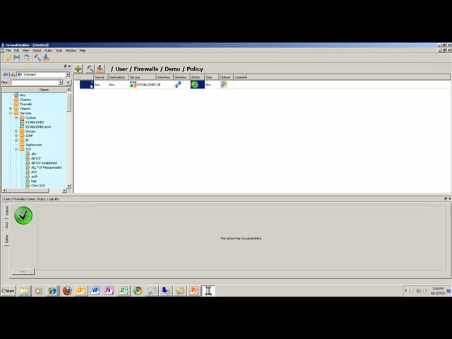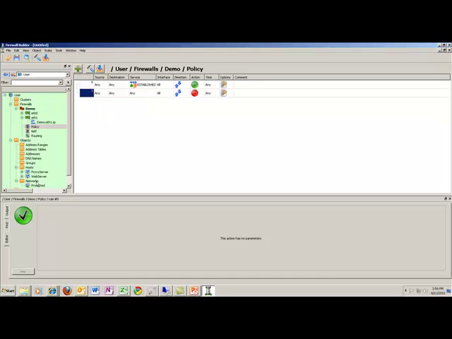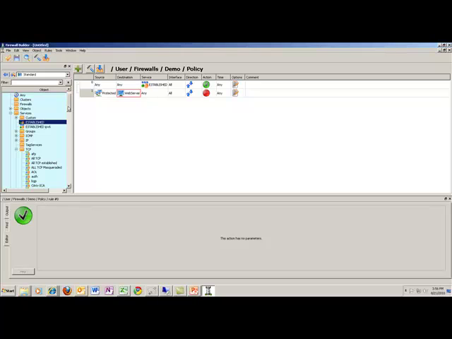The other thing that we can do, we'll look at real quickly here before we actually define a rule. Well, actually, let's go ahead and define a rule. Let's go back to user. The next thing that we want to do is to add a rule at the bottom. We're going to allow our protected network, it's going to be the source, to go to the web server, and the services, now we can go into the standard services. The services that we want to allow are perhaps HTTP and